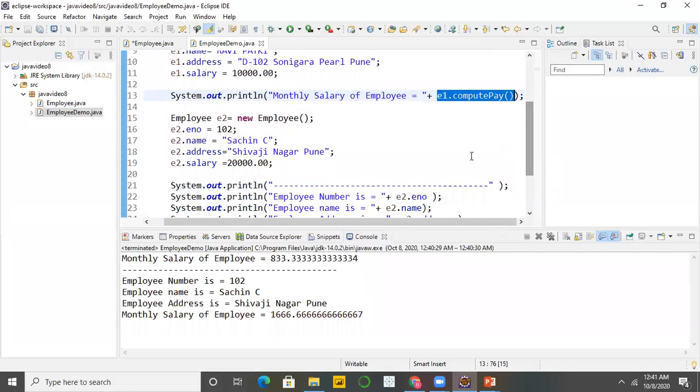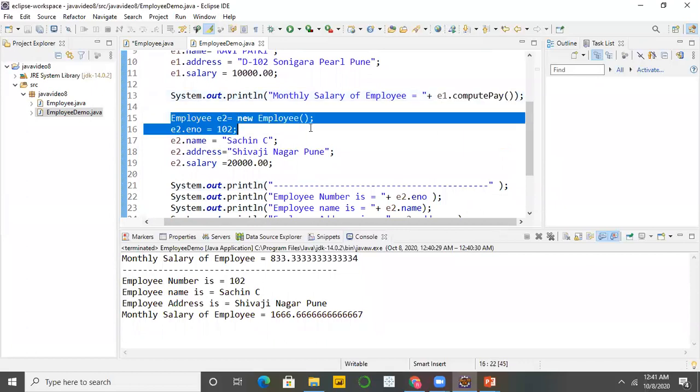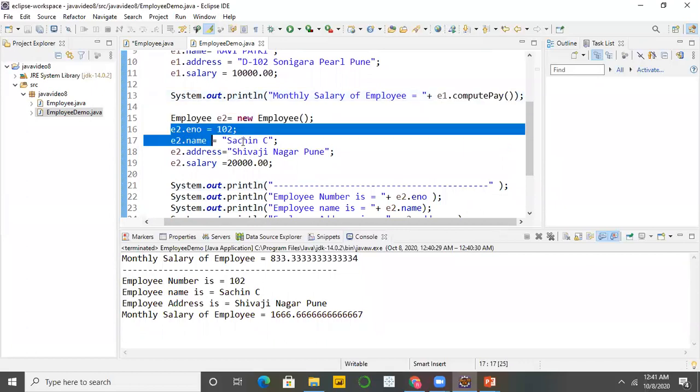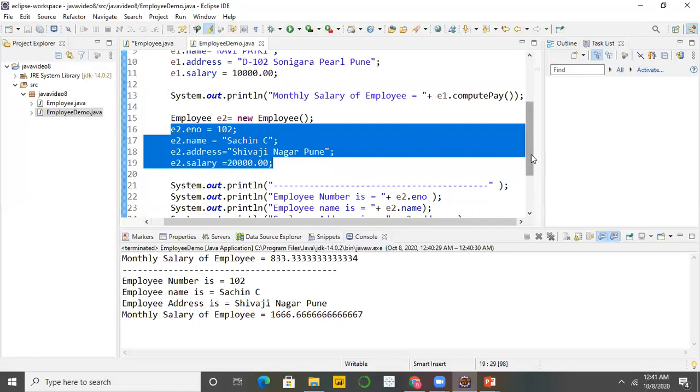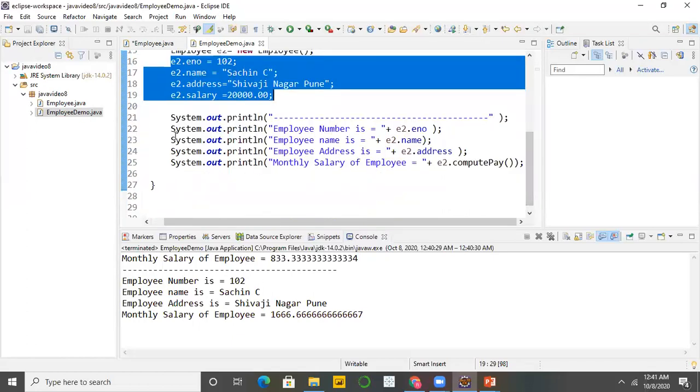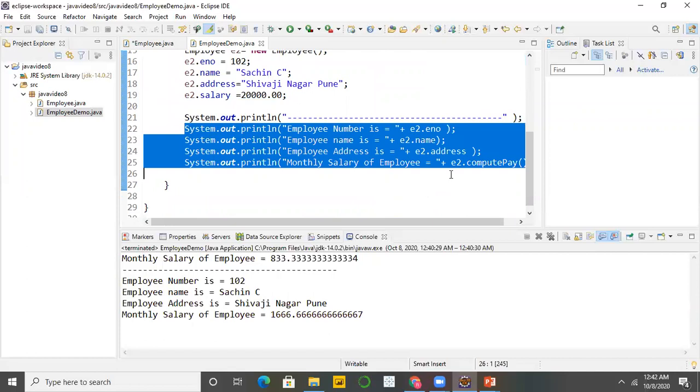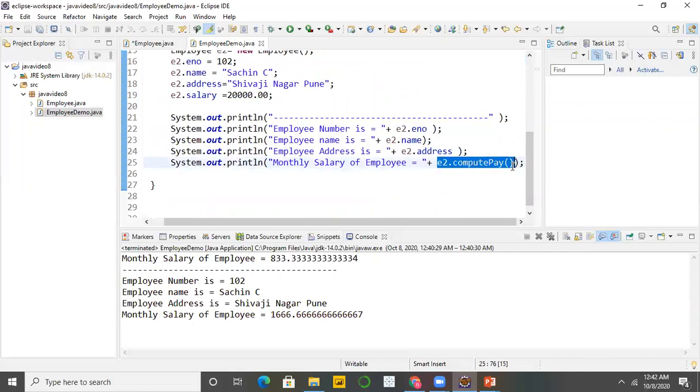Then I have combined the things. E2 is created, E2 instance variables are initialized, then some formatted output, and here I have called the method E2 dot compute pay.